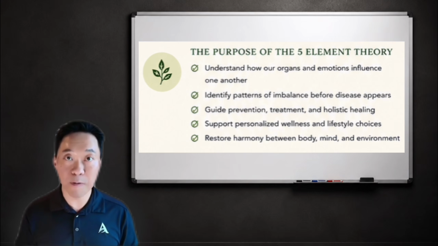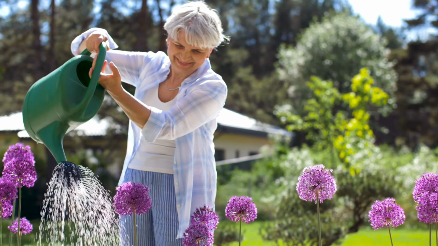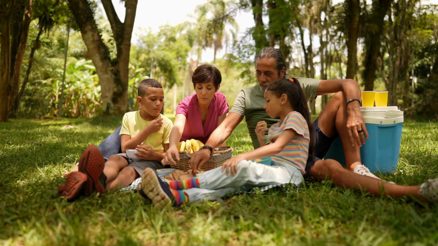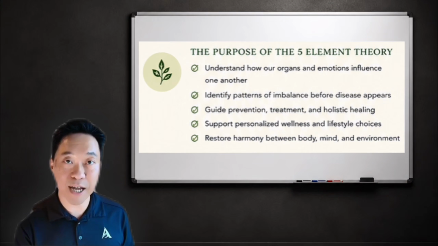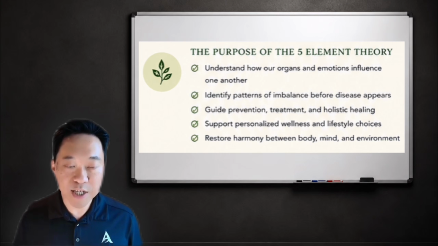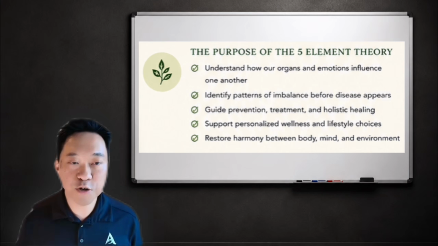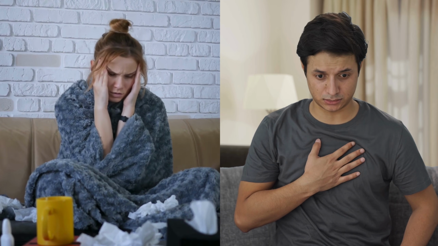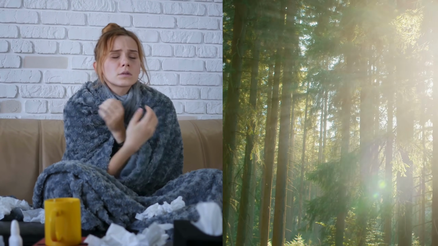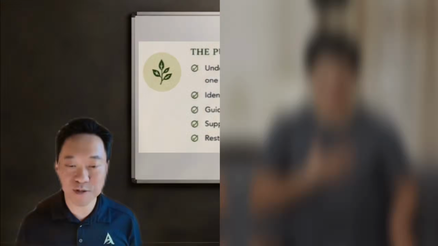So it's important for you to be healthy, to be fully functioning, like you have a high quality of life. You can do whatever you want. If that is your key, you want to use TCM because TCM can identify weak spots before they cause problems for you. The five element theory also helps guide prevention treatment and supports personalized wellness. Personalized wellness means, hey, two people may come in to our clinic and have a fatty liver problem. One of those patients, we would treat their wood element, the liver and gallbladder. Another one, we may treat their earth for their fatty liver, right? That's what it means by personalized wellness.